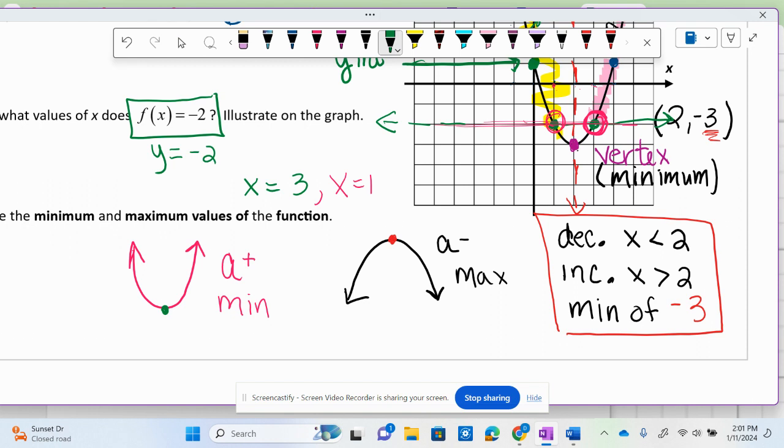A lot of information in 2 pages of notes. We're going to stop there. Okay, and I'm going to go back